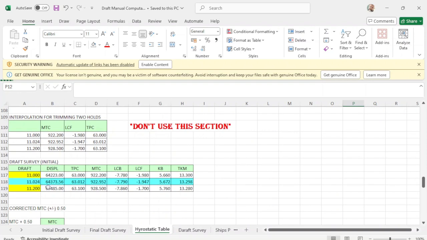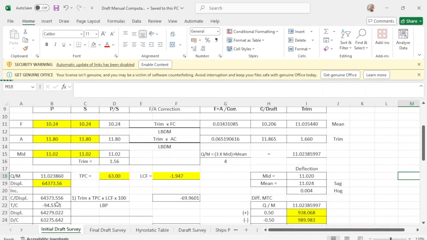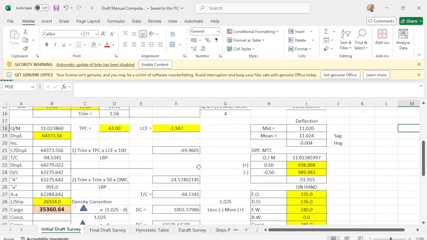This is your displacement, this is your TPC, and this will be your LCF. Okay, so this is your quarter mean draft, your displacement, your TPC, and LCF, which is this one. Then you have no increments, so carry it down.